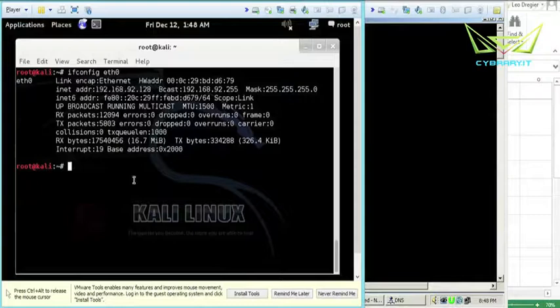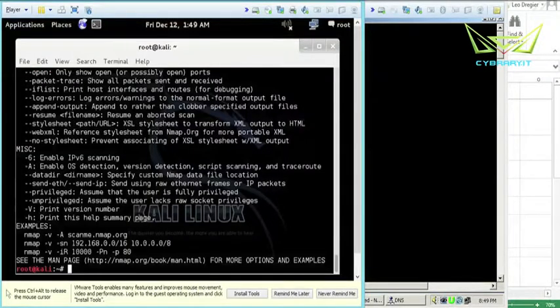192.168.92.128 network. So I'm just going to do a basic scan, and I'm going to poke around. I'm just going to see what's on basically the same network as myself. So we're going to start by basically doing a little overview of nmap, and then we're going to see what's on our network. So first thing I'm going to do is do an nmap